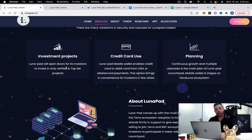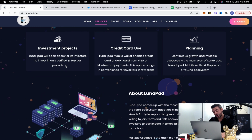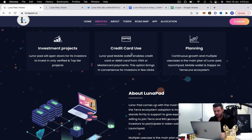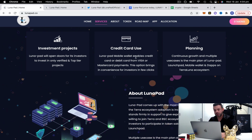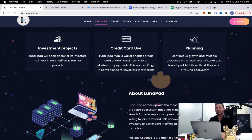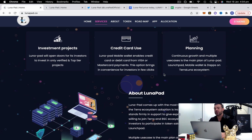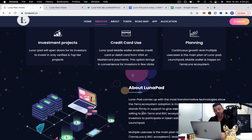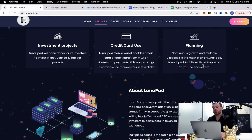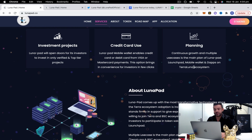Investment projects. LunaPad will open up doors for its investors to invest in only verified and top tier projects, which is true. They have done very well with the projects that have launched so far. Credit card use, so your mobile wallet enables credit card or debit cards for Visa or Mastercard payments. This is good, makes it a little bit more accessible for a lot of people, right? This is where we're headed to anyway with the overall crypto world. Planning continuous growth and multiple use cases is the main plan of LunaPad, Launchpad, mobile wallet, and Dapps on TerraLuna